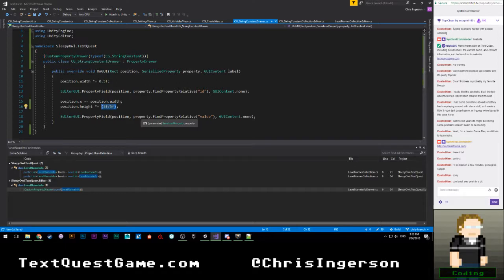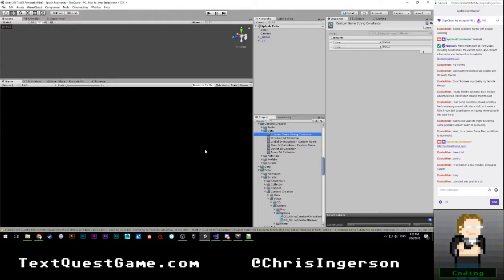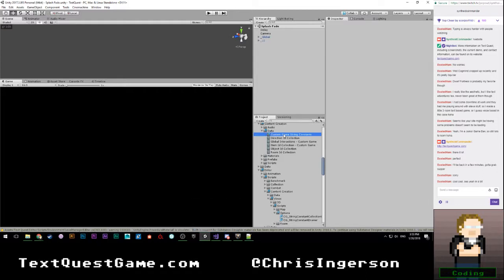Let's go ahead and just say property height minus equal. I'm going to say 10f to start off. That's the problem when you're trying to get actual good-looking editors, is that sometimes you just have to use magic numbers because they arbitrarily use numbers. Like I don't think that padding in Unity actually has a uniform value. I think usually you'll get padding of like 3 on the left and 2 on the right, or maybe vice versa. It's kind of annoying like that. Also, there's no real reason for me to obsess over it this much, but I like to have nice-looking inspectors.